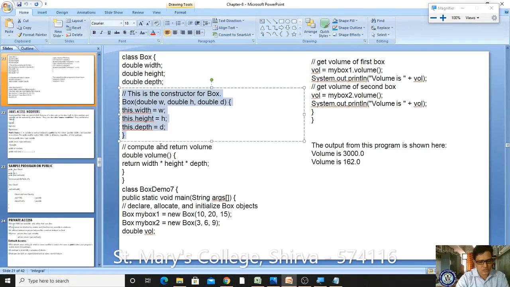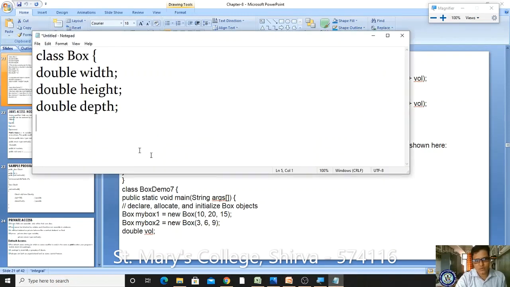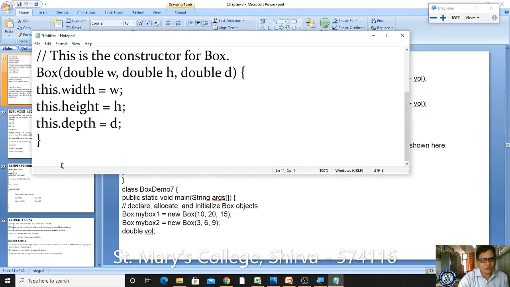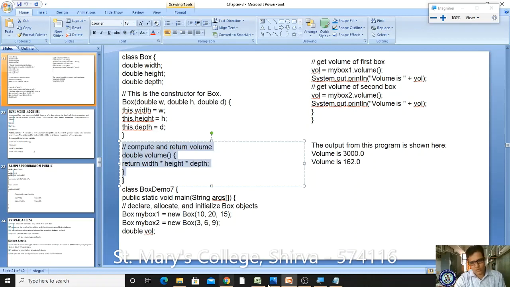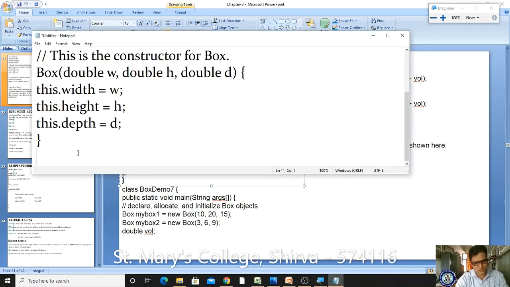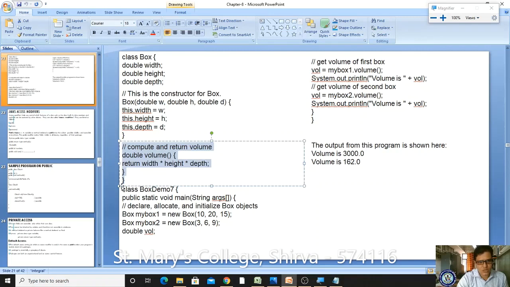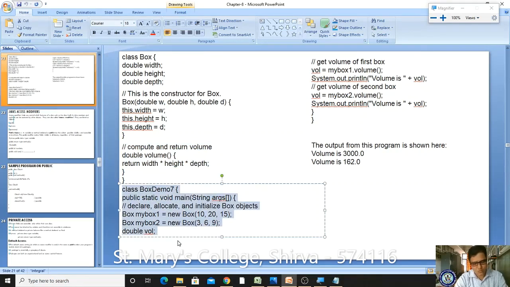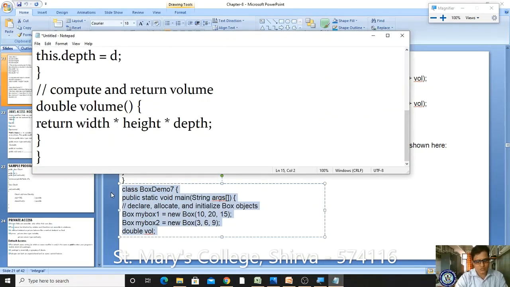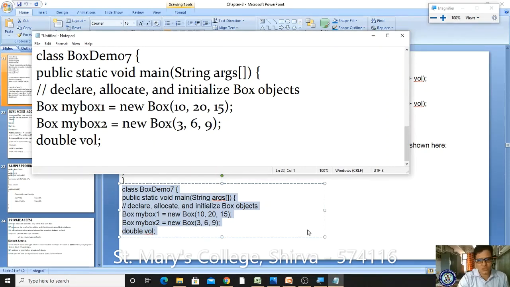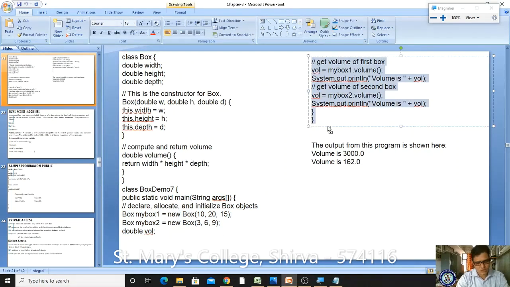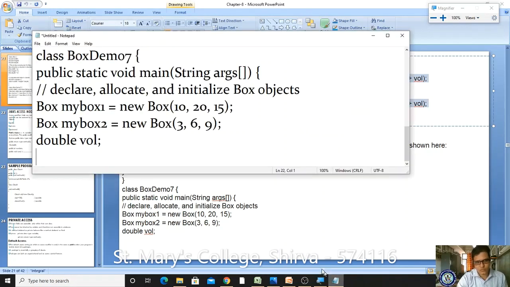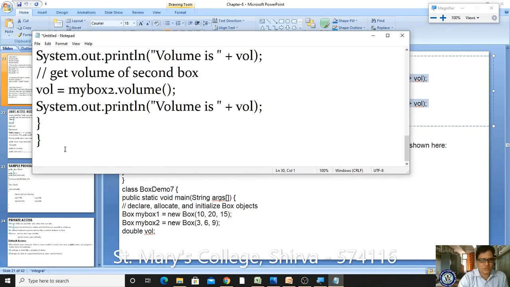This is one single program, but whenever you are saving, you are supposed to give the name of the class which contains the main method. The name of the class with the main method is very important. Copied, and I'm saving. Yes, clear.